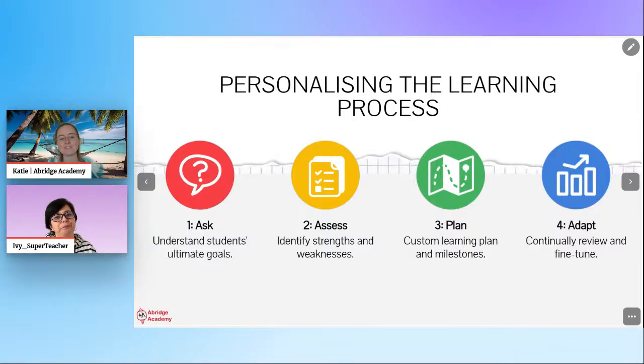Yeah, that's the key thing. Maybe they're not going to be ready for that exam in a short period of time, but you can say, okay, they're going to be ready in this length of time. Let's put together a plan so that in 2 years' time they're going to be in the best position to do well in that exam. I love that.